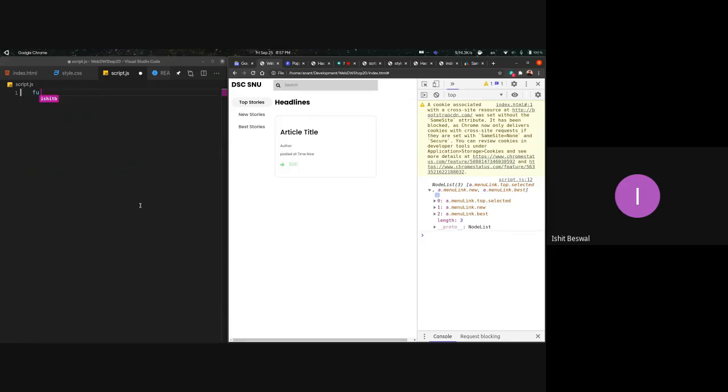say function clicker only. Ishit, I guess we're going to be doing the network calls tomorrow itself, not today. Yeah, I don't think there would be enough time. Yeah, I think just changing the headline should be all right for now. So we're doing basic DOM manipulation. Yeah, exactly. Sure, go ahead. I'm going to make a function clicker and I'm going to get an argument in it to know what the heading should be. All right.